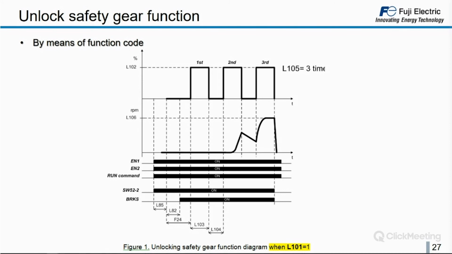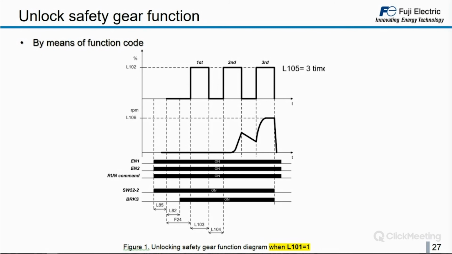So we will always monitor the speed, and we will keep the lift speed under the L106 level. Another important point is that, as you see here, we have set in this example 3 trials. If on the first one we already see that the lift is completely unlocked, and completely unlocked means that we have reached the speed limit, then we cancel the operation, because we understand it doesn't make sense to try again when the lift is moving free.